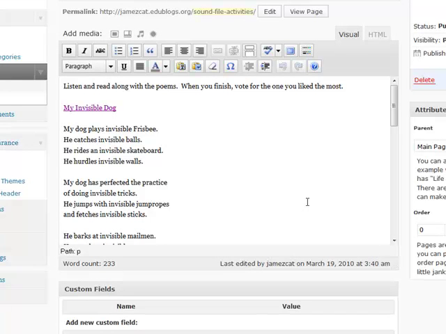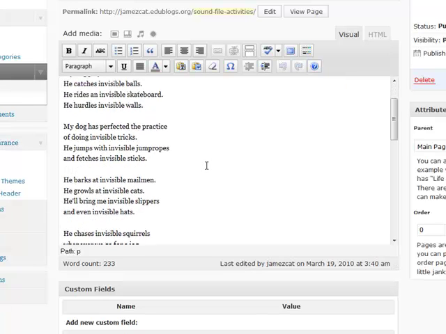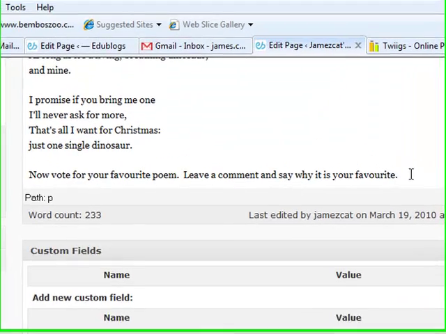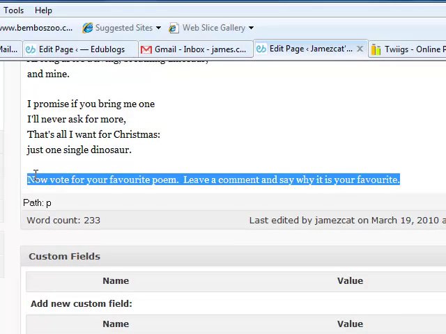As you can see, we have now embedded a sound file and a poem, and in fact, I've done this for 2 poems. In my instructions, I have asked the learners to vote for their favorite poem. So in the rest of this tutorial, we're going to learn how to embed a voting widget into our blog page. To do this, follow me over to